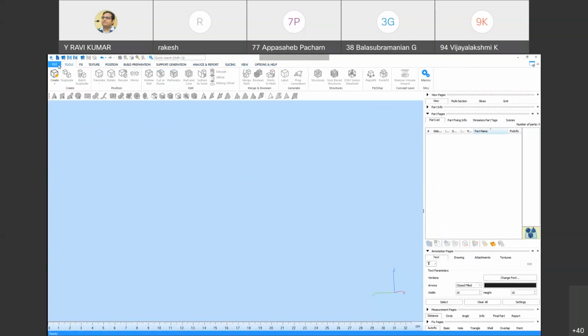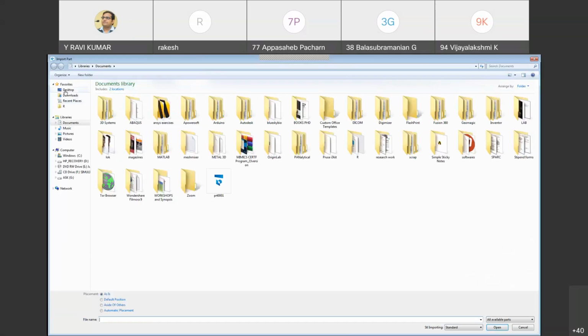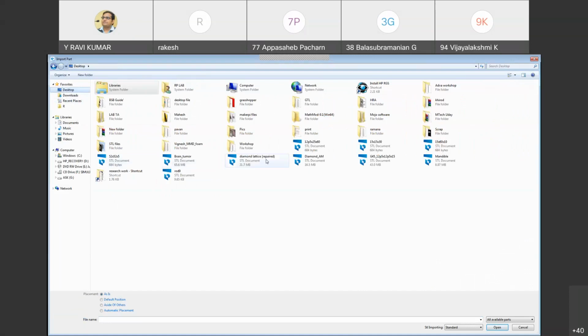We need to repair the STL file, so I'll first load it. First, we'll go with this brain tumor STL file.